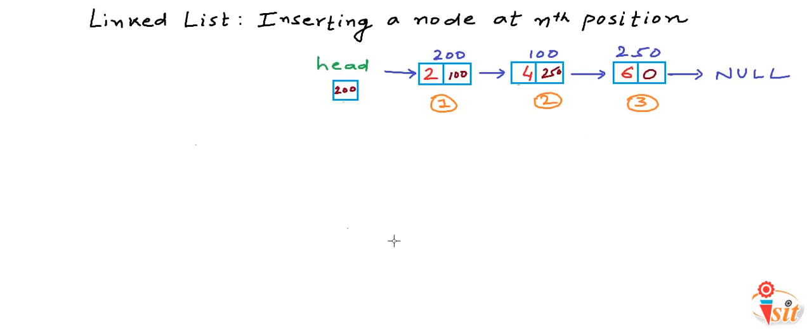The implementation logic for this function will be pretty straightforward. We will first create a node. Let's say in this example we want to insert a node with value 8 at third position in the list. So I'll set the data here in the node. The data part is 8. Now to insert a node at the nth position, we will first have to go to the n-1th node. In this case, n is equal to 3, so we will go to the second node.